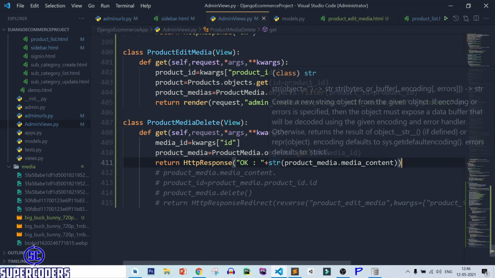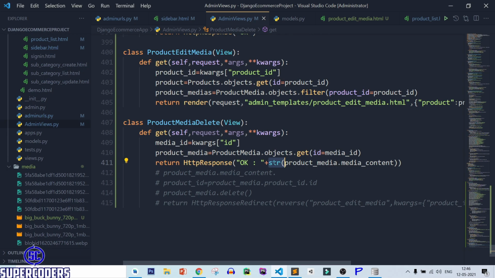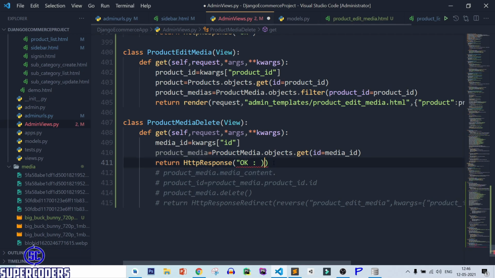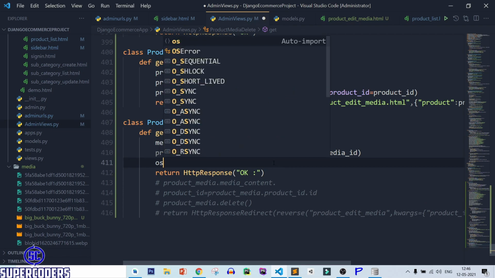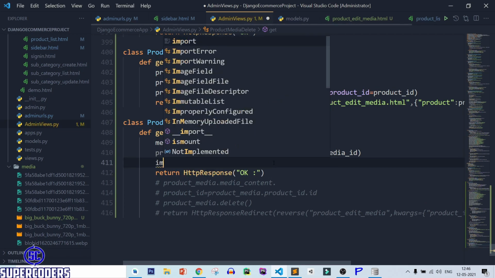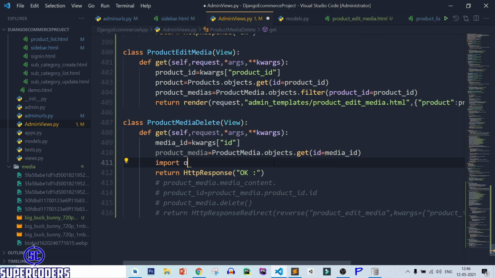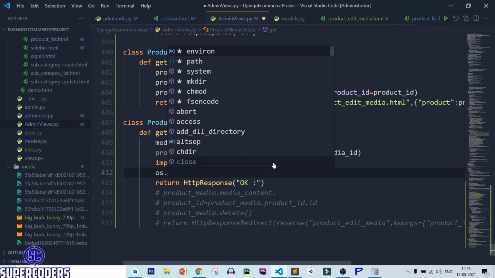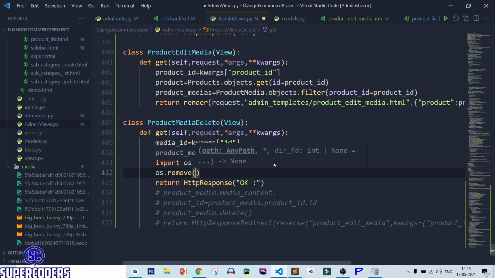So let's see if I try to use other way. So first import os, so os dot remove and passing the path.